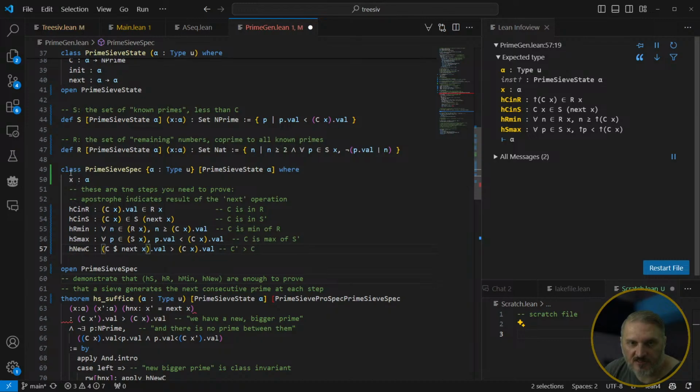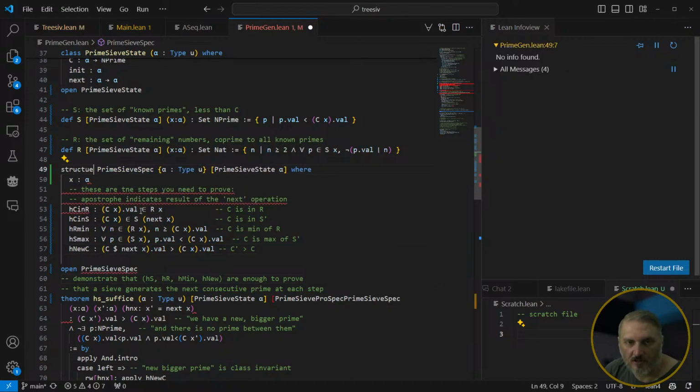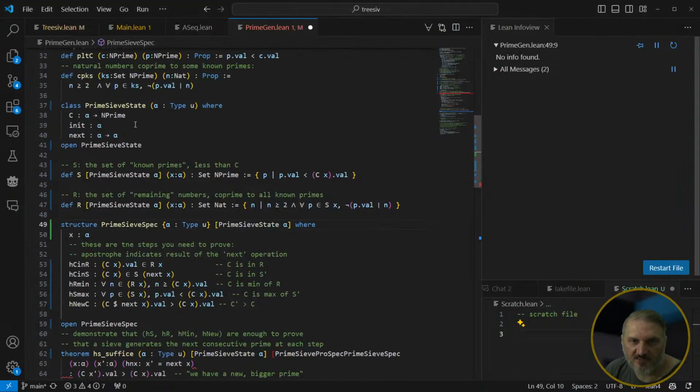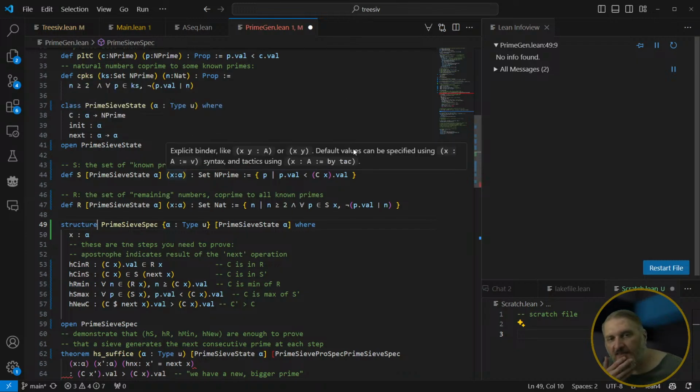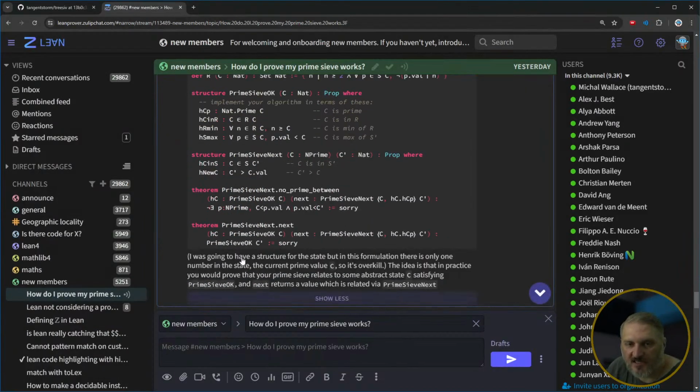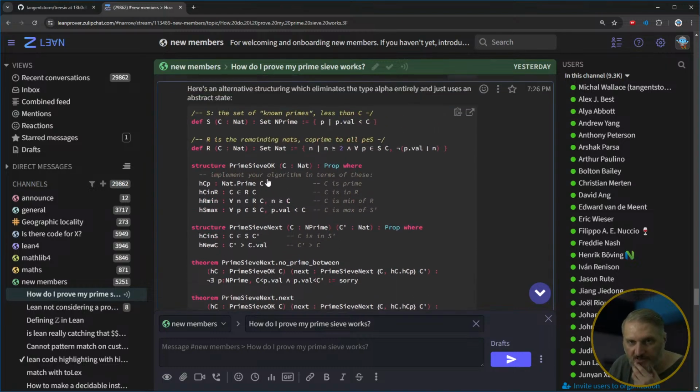So here, this is not a spec, this is a structure. And from that, he said he was able to, well, no, he lost that type because he reduced the state to just C. But I think you need init and you need next, because yeah. So like he says, I was going to have a structure, but in his implementation here, he doesn't have